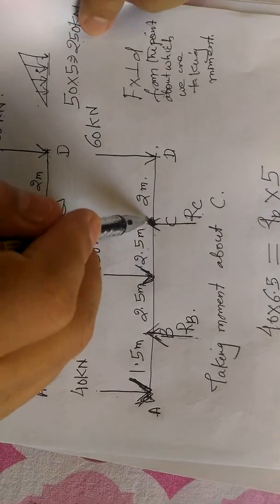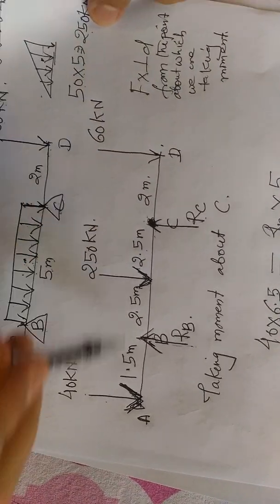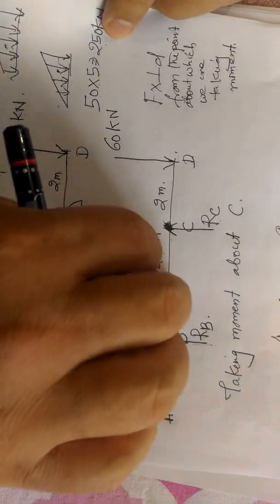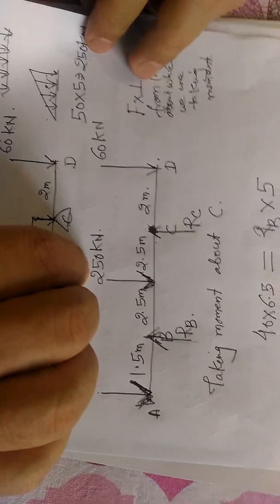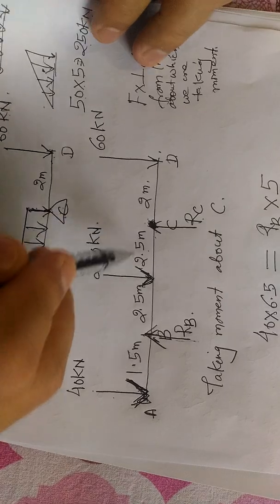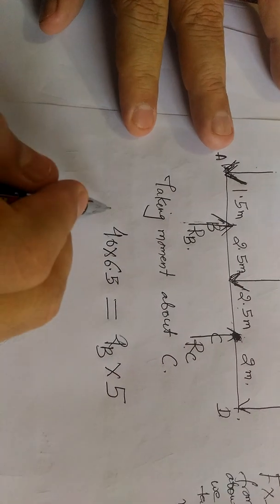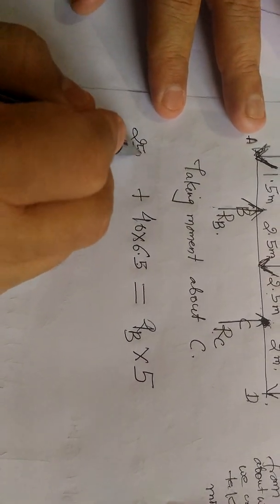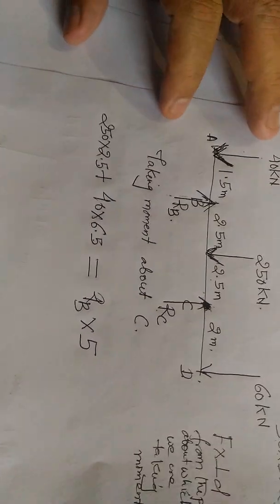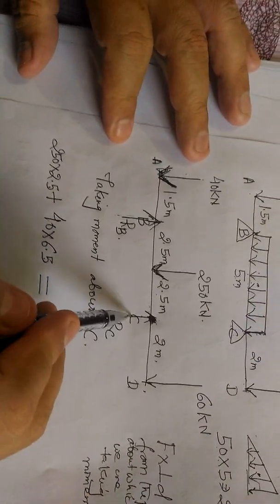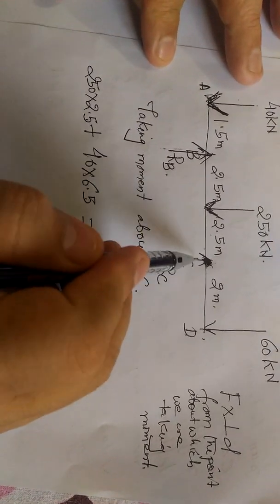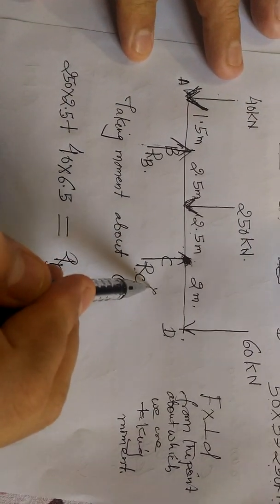You remember that point C is fixed. Always stand on the individual forces. So if you walk in the direction of the arrow of the 250 kilonewton load, the point is towards the left. So we'll write the equation towards the left, that is plus 250 into 2.5. Now for RC the moment is 0, because this reaction is passing through this point, so the perpendicular distance is 0, so the moment of RC is 0.